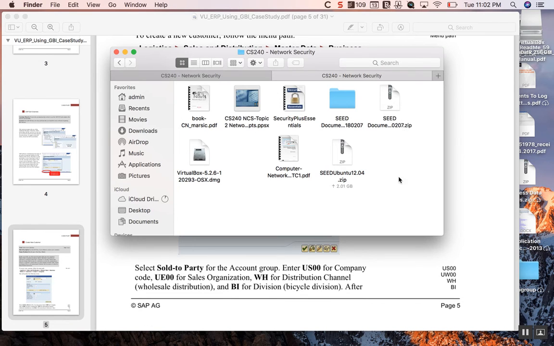So the third part is actually the virtual machine itself. What happens is the VirtualBox lets us set up the environment. This SEED Ubuntu 12.04 zip is the actual virtual machine. So this is a pre-built machine,